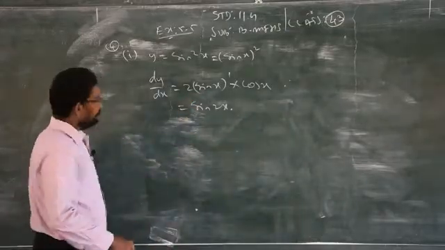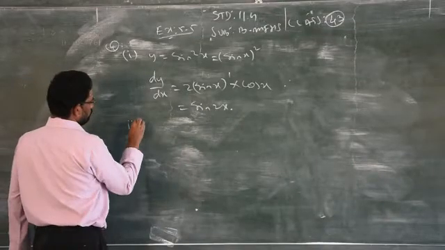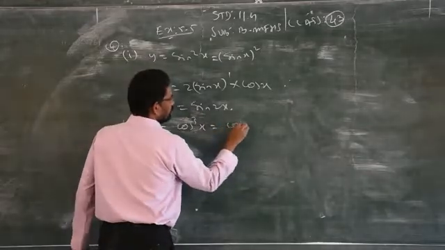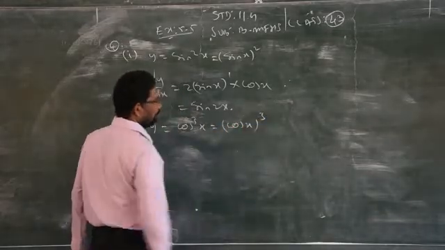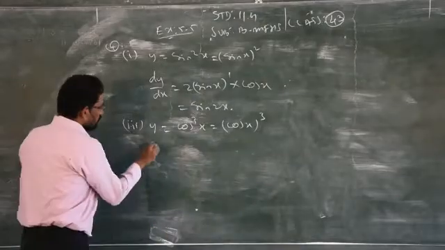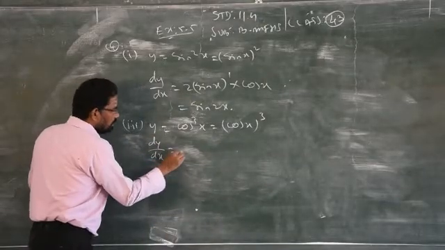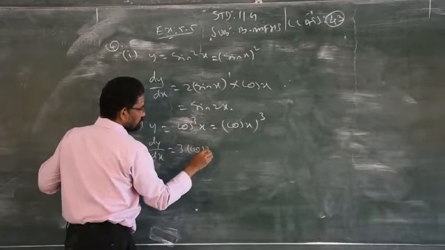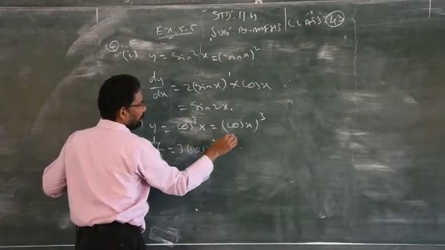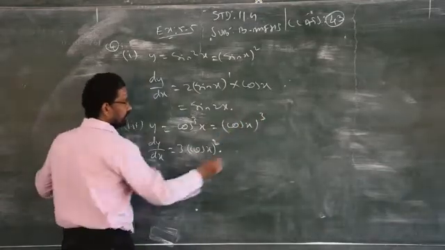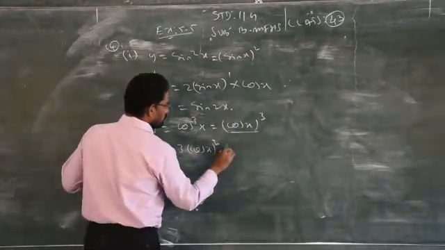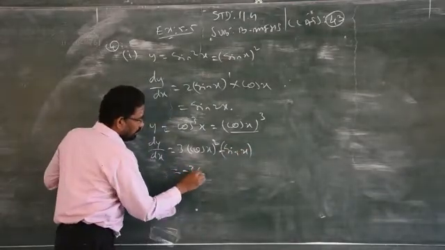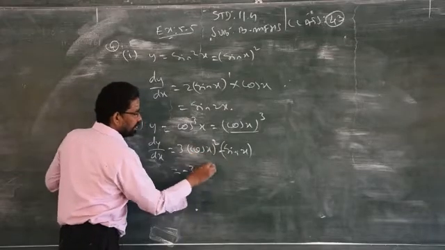Then sum number 3, y is equal to cos cube x. Just now I said this, you can write cos x power 3. Now you differentiate. dy by dx is equal to first power, 3 cos x the whole square. I just differentiate the power, then you have to differentiate inside the bracket. Cos x will become minus sin x. So minus 3, you can write cos x the whole square as cos square x.